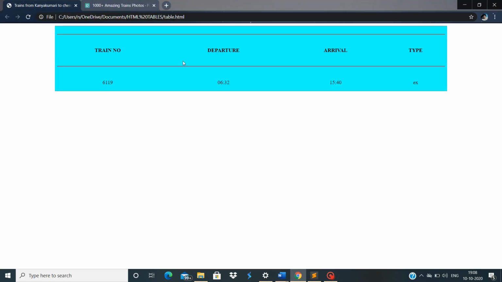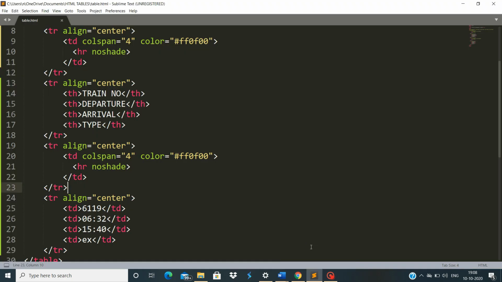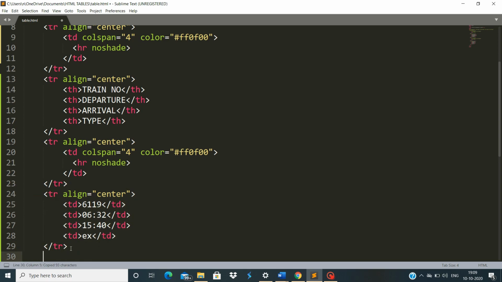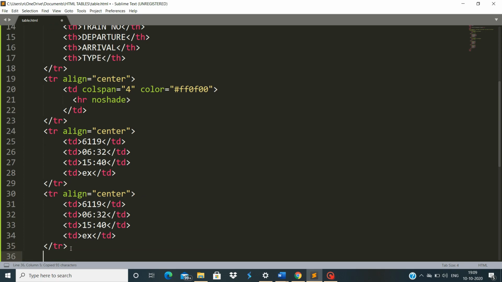I want it to look like this, and the distance between these is because of the cell padding, like I told you before. Now you're not going to make a large number of changes between these.